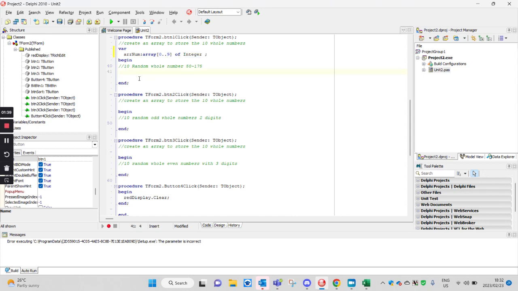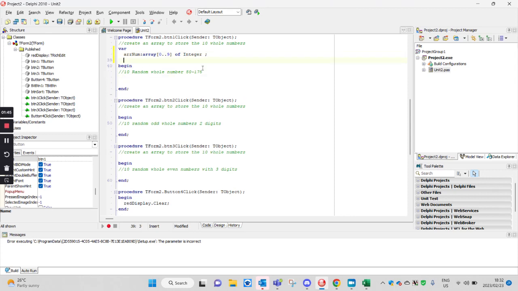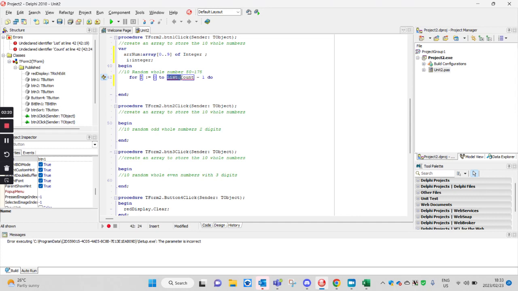Alright, so now, when I want 10 random whole numbers, what do I need? A variable for what? Yes, so let's just create it. Okay, I integer. Alright, so now if I want to do 10 random whole numbers, what do I need? With the emphasis on the 10. Yes. And then we have to do now